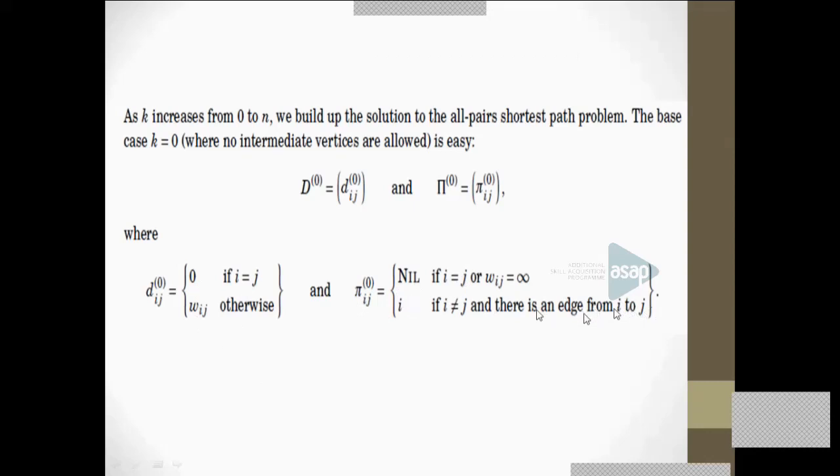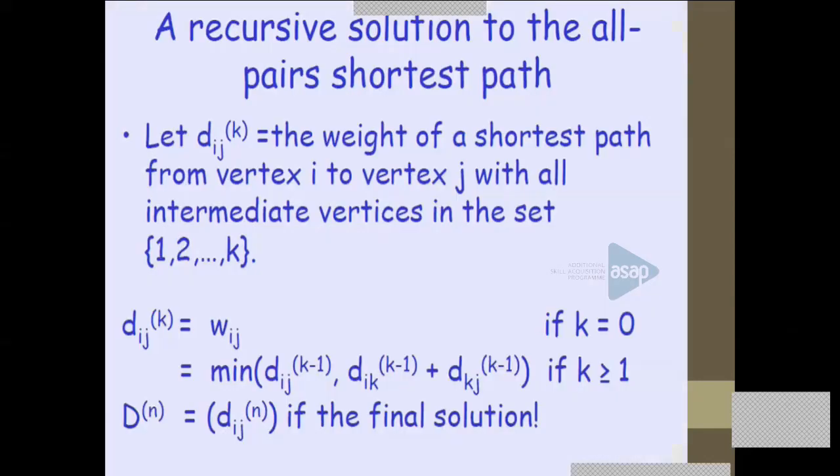There is an edge, not a path; a path consists of many edges. And here if there is an edge from i to j, i will be stored. i is going to be the predecessor. Okay, just like the parent, the predecessor is who appears before you. Just like the parent or the predecessor. Okay, this is very important.